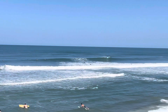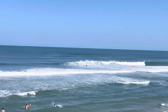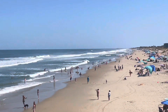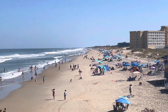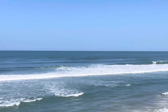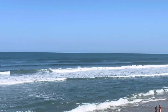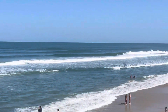Oh, it doesn't look like anyone's going to get this one. It's kind of sad. Oh, yeah, nope, and that's a duck dive. OBX Pro stand-up. I don't believe they have heats going right now, but nonetheless, great day for waves here in the Outer Banks. All right, so let's get down to the official wave observations based on wave monitor, buoy,